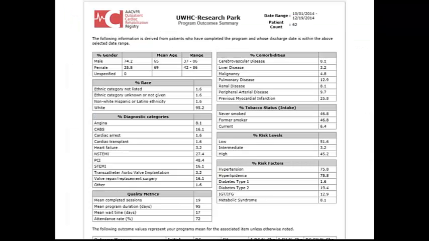So first of all, and I usually print these about every 3 months, though you certainly can view them sooner. In some of these reports you can look at smaller time frames, but generally I use 3-month time frames and look at them every quarter. So first of all, let's look at the outcomes summary report. And again, this is just showing your patient outcomes for the time that you've selected.